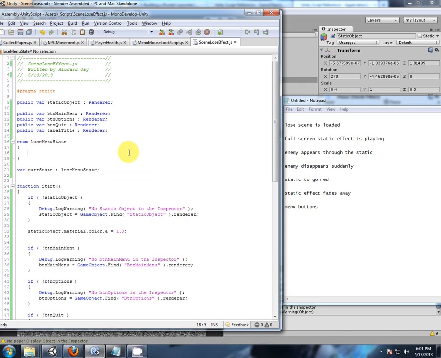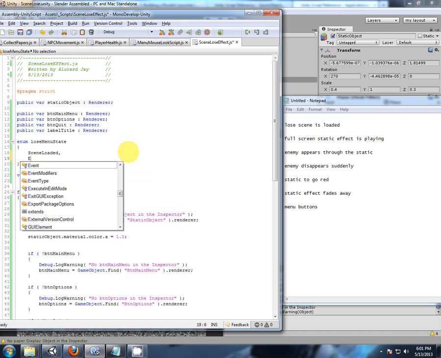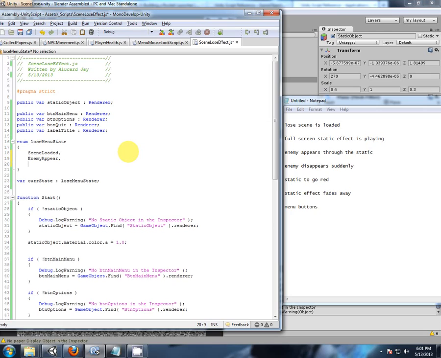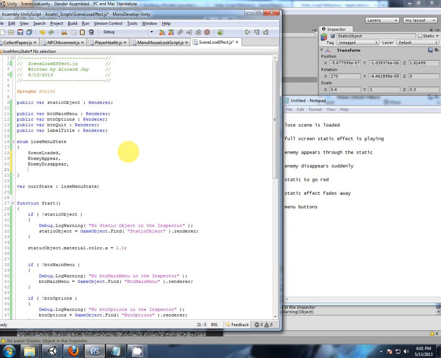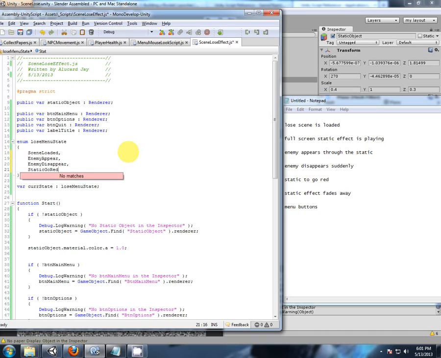Alright, so we've got scene loaded, and then we've got enemy appear. After he appears, we want enemy disappear. And after he disappears, static go red,